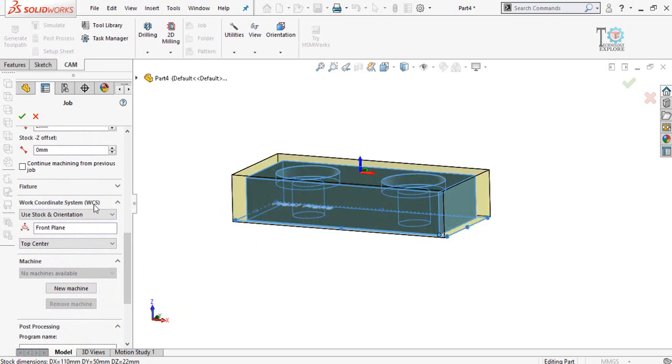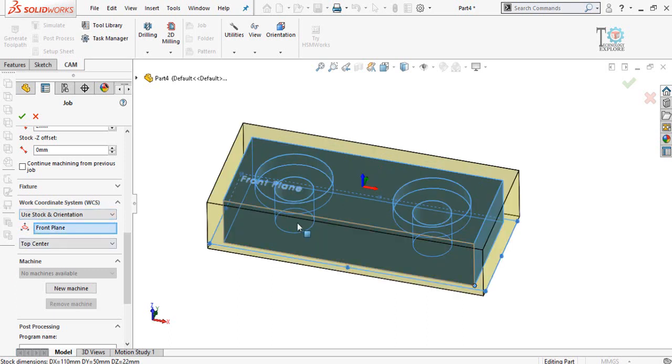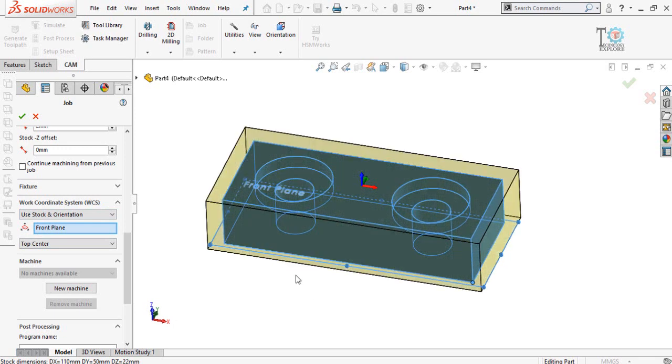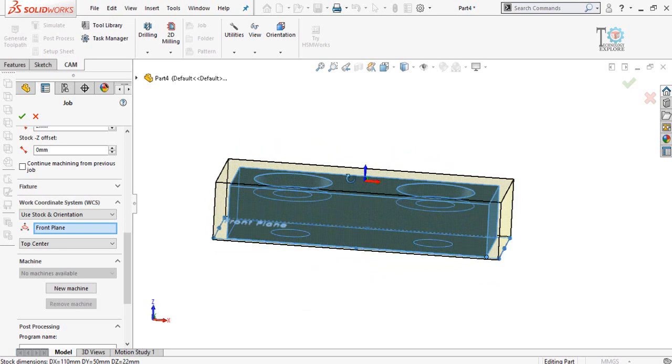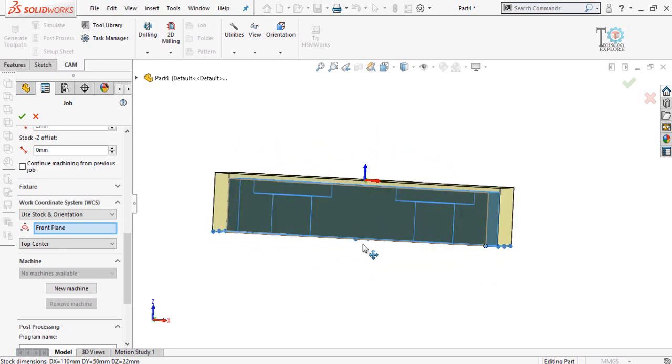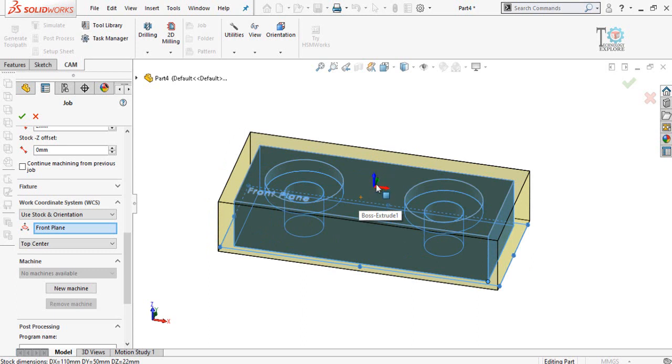Then again scroll down, and here is the WCS, the work coordinate system. This work coordinate system defines where the origin will be located, how you will start machining your part, and the direction of the axes. Currently you can see X plus, X negative, and similarly Y plus and Y negative on this side, and this is the Z axis. I have to change the position of the origin from the center to this corner.